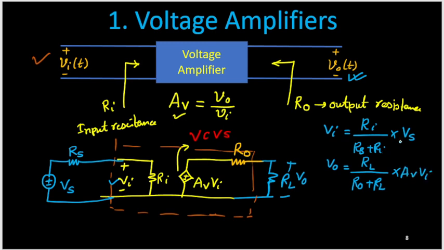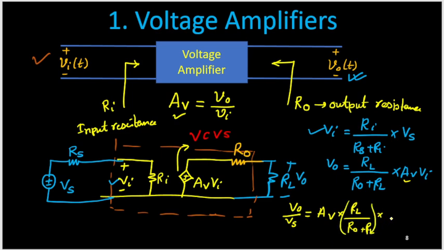Now you can replace easily this Vi in this case here, and then you can find one expression for this V0. So easily you can see that. So this V0 upon Vs. So can I find V0 upon Vs in total? That is very easy. So you can see this is one AV that will be there, and this factor is already there, RL upon R0 plus RL,